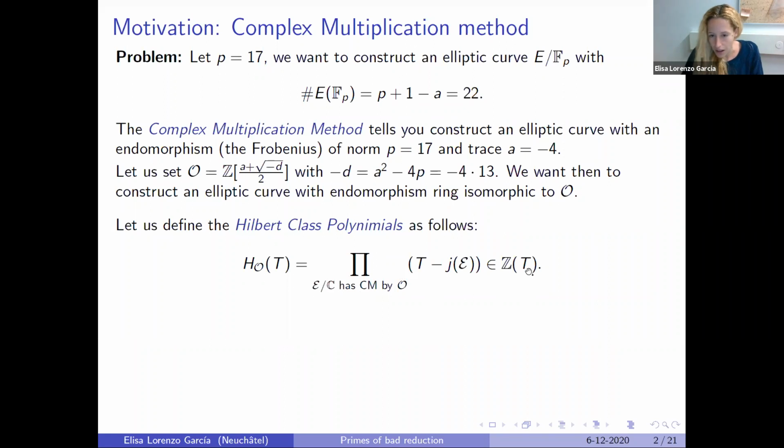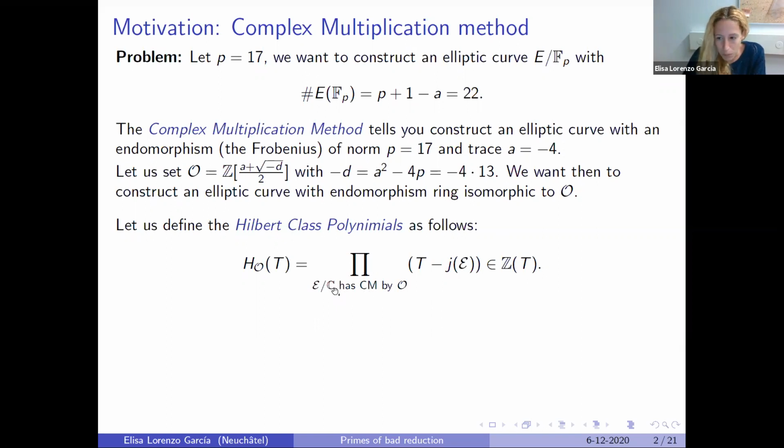This is really polynomials. We get polynomials with integer coefficients, which is great. It doesn't matter the order that we take, we get integer coefficients. But the curves are complex elliptic curves. Still, if I get something with integer coefficients, I can do the reduction modulo P. And actually what happens is that these elliptic curves, because they have complex multiplication, are